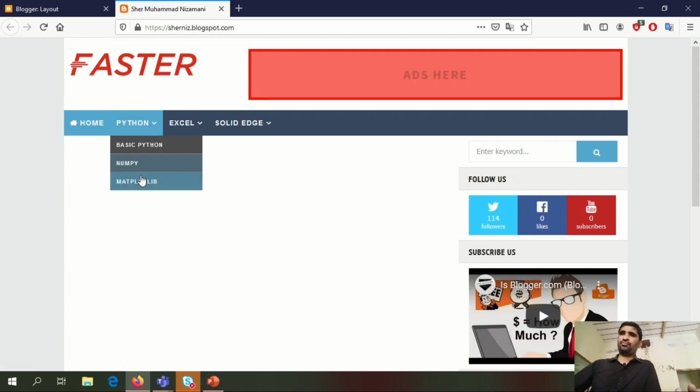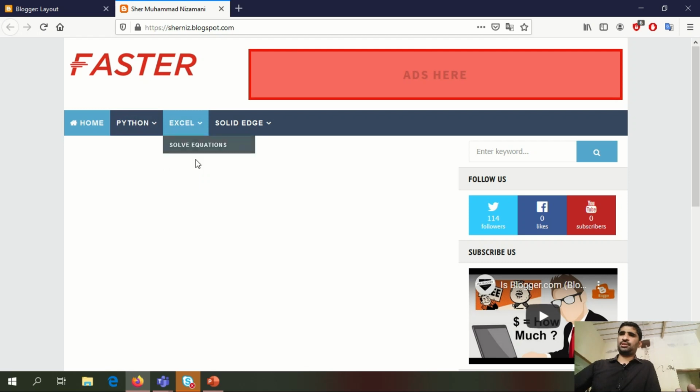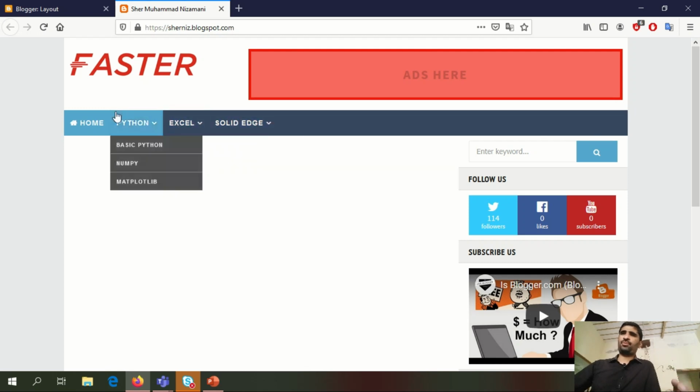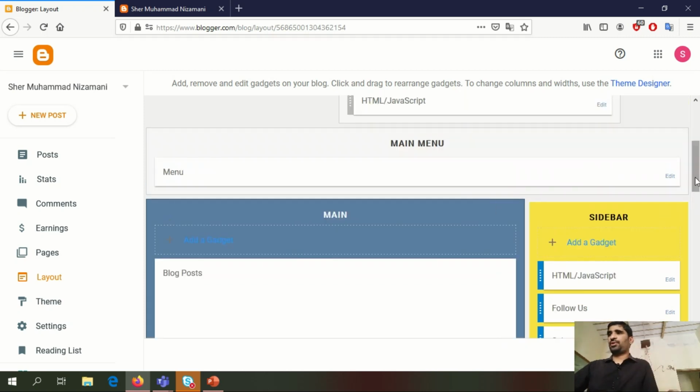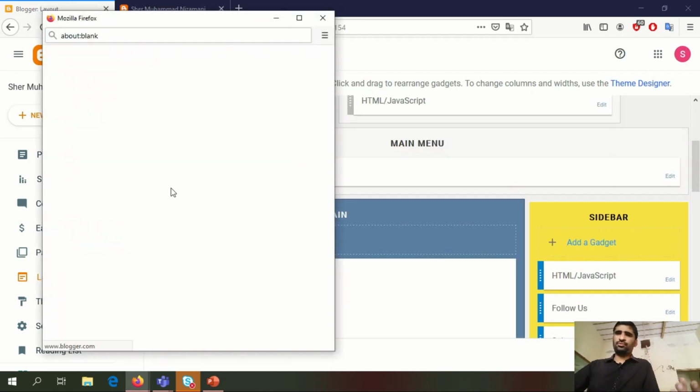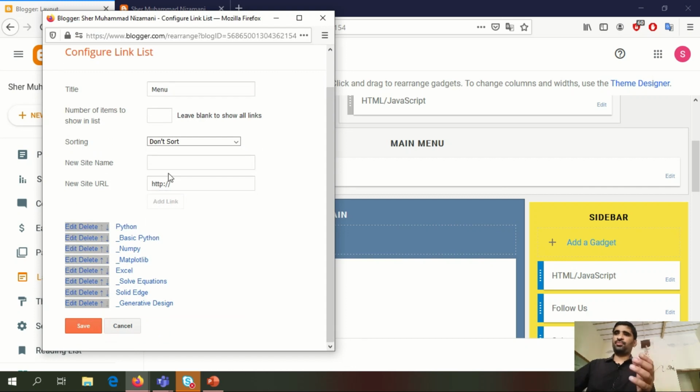Here you see we have successfully added our submenu, but I want to add a submenu inside a submenu. So very easy. If you want to add another submenu to a submenu, then simply say, for instance, in basic Python, I say for loop. So at this time I will add two underscores. So I say, for instance, loop, and then add.